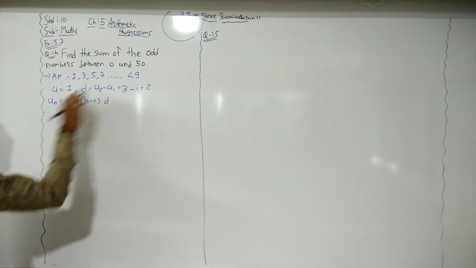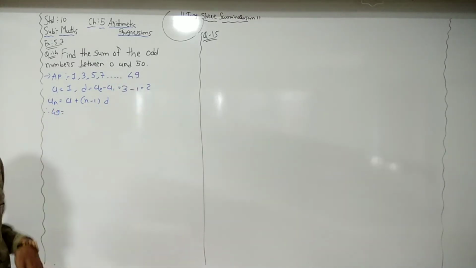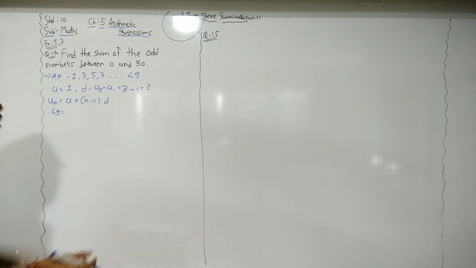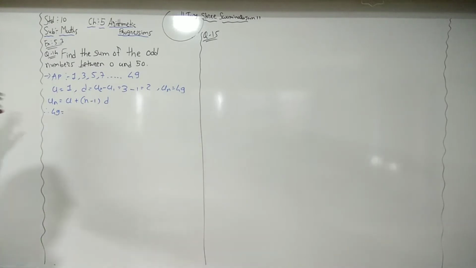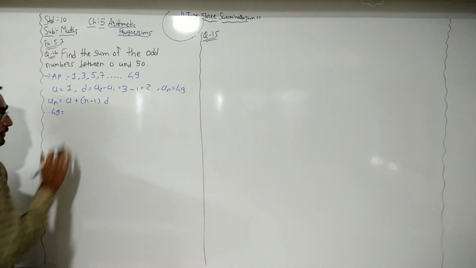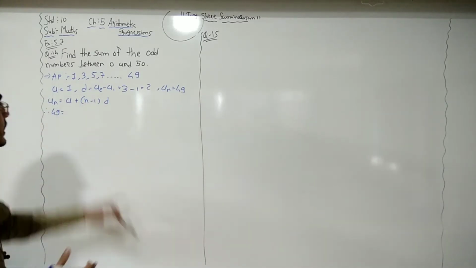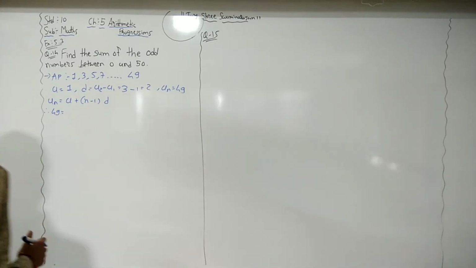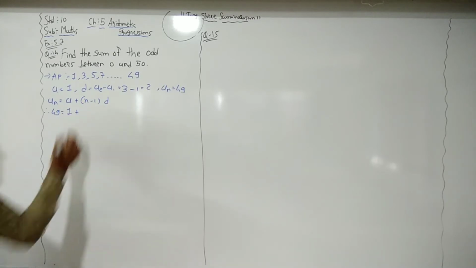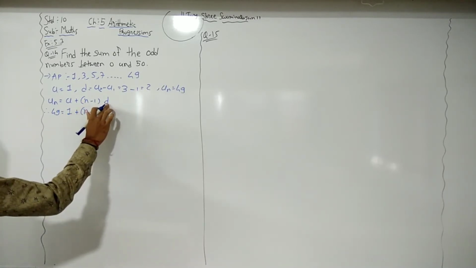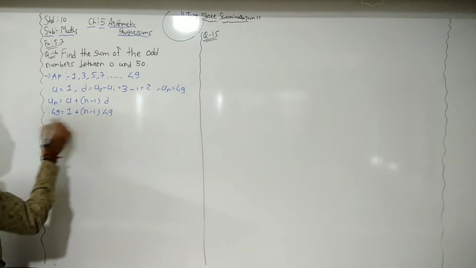Now the value of an, the last term, we know is 49, but we need to find the order of this term. Here an is 49, that means it is our nth term, so from here we need to find the value of n. Our first term a is 1, plus n minus 1, times the common difference d, equals 49.